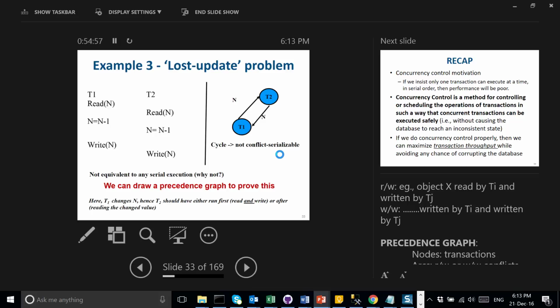Why? Because T2 has a shared lock on n. So an exclusive lock means it's fully empty. If you want to cross a roundabout, there's no such thing as shared entry in the roundabout. Exclusive, okay? Only one at a time. Otherwise, big problems. So that's the idea here. Because of this, you will end up with deadlock.